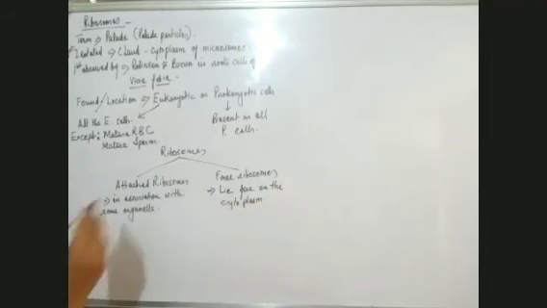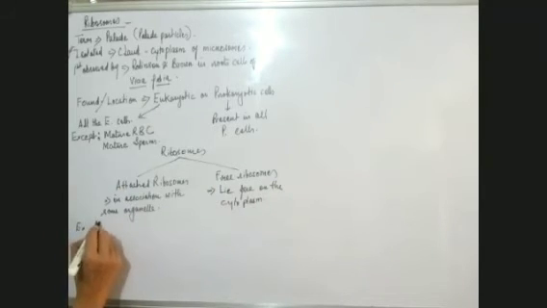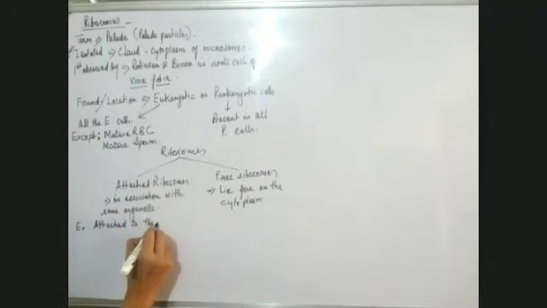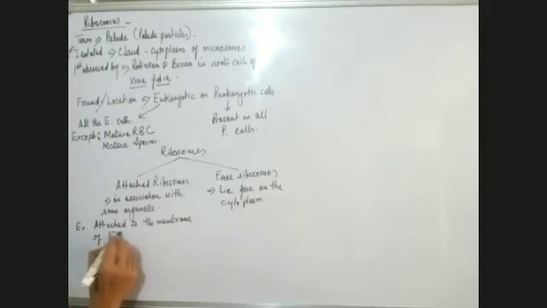Now, the example of attached ribosomes is those attached to the membrane of the endoplasmic reticulum. I'm just making one. This is the endoplasmic reticulum, and these ribosomes are attached like this on it. Besides the endoplasmic reticulum, there is one more organelle where these ribosomes are attached. Can you name that organelle?